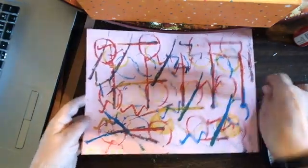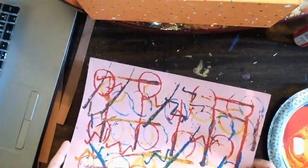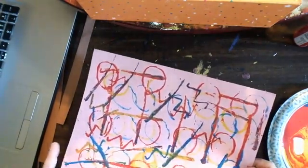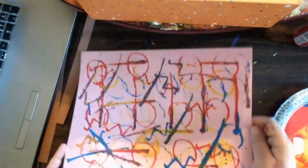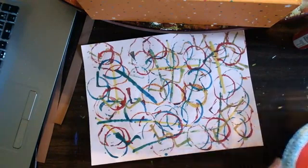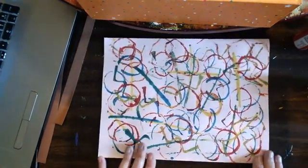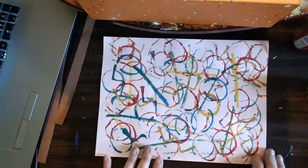We're going to have to let it dry. So you may have to wait until tomorrow to cut this out. But this is a big project, so this may take more than one day. So let that dry. But I have one that I've already finished, so I'm going to show you what to do next. So you can stop the video and come back to this step